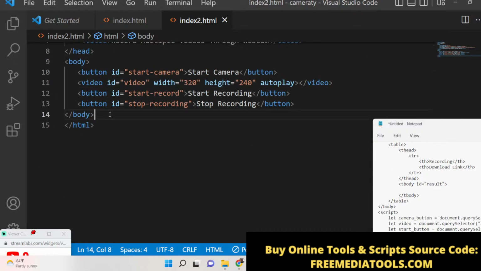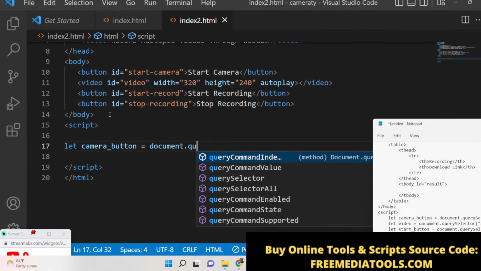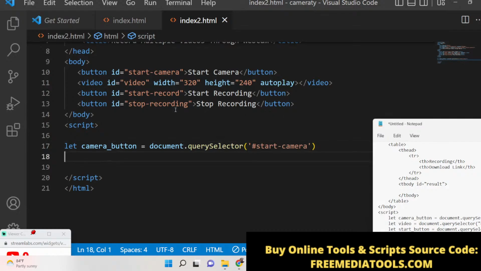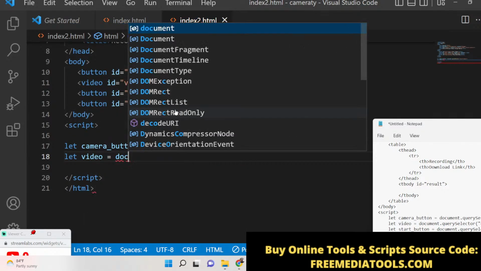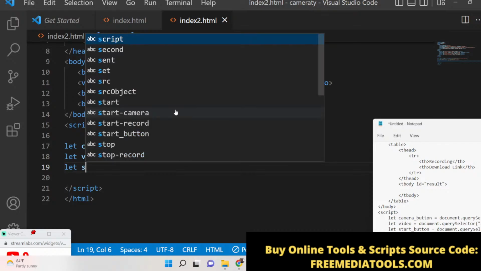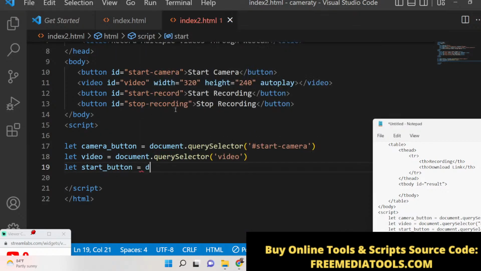So now we will move on to the JavaScript part. This is the most important part. Now first of all we will get the references of all the elements, which is document.querySelector. So here we have given this camera button an ID which is start dash camera. So we are just getting the references, and also similarly document.querySelector, which is video, the ID that we have given. Start button, similarly we can use document.querySelector,